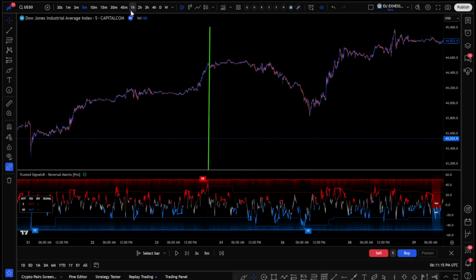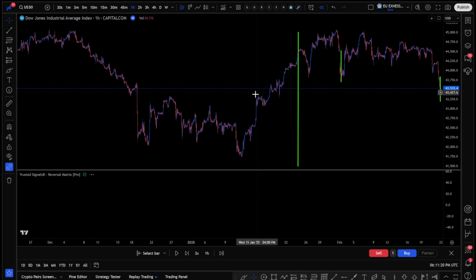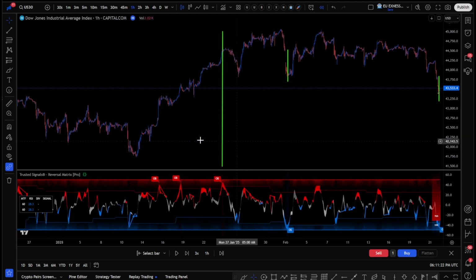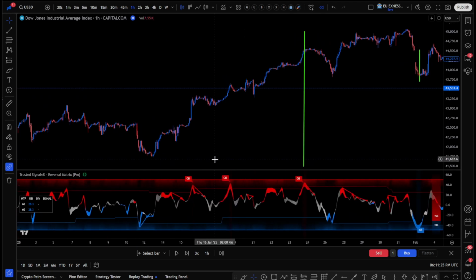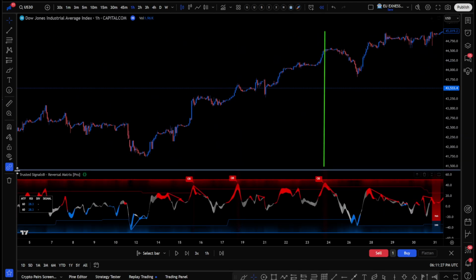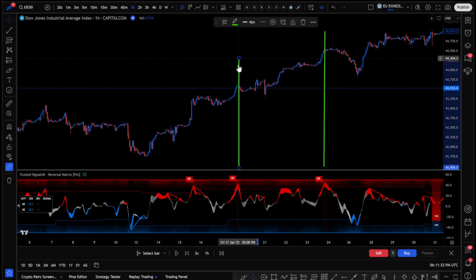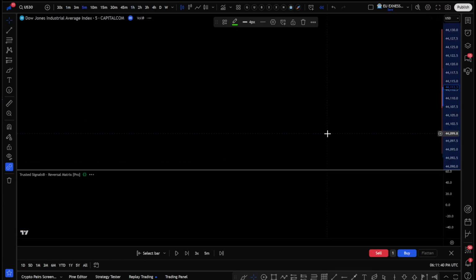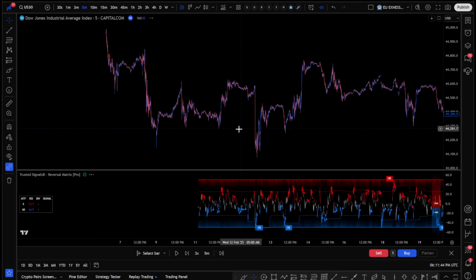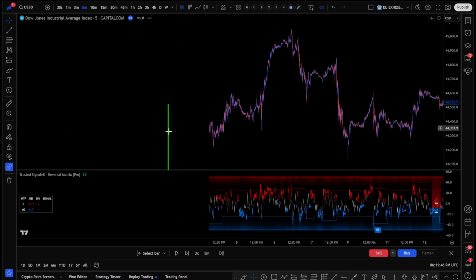And if I go back to the 1 hour again, I want you guys to test this out on other charts as well, come back and tell me exactly what you guys are thinking. We're going to enter right here. Okay, we're going to make another line on this green area right here. And as you guys can already see from there, we're here, okay? This is a crazy strategy. So we're going to go back to the 5 minute, and then we're going to keep on going back until we see